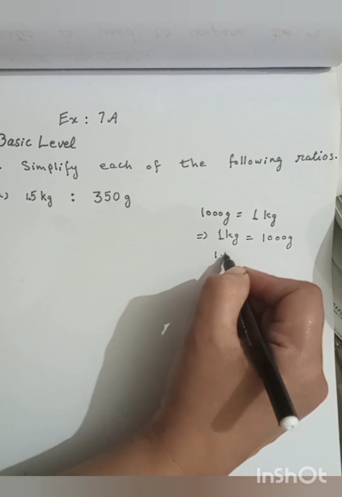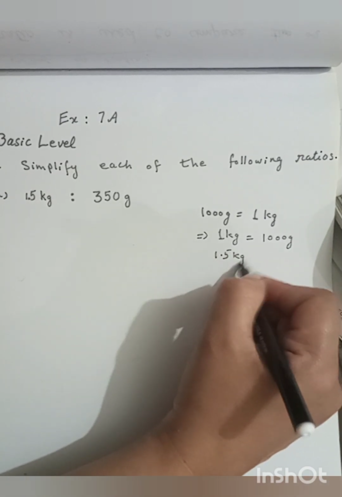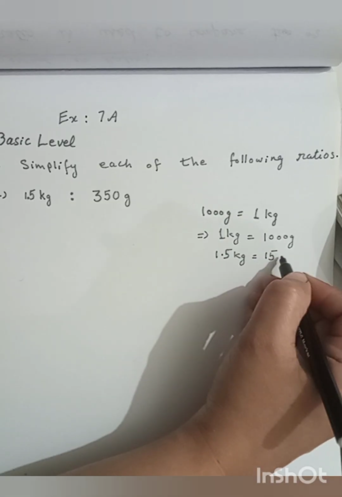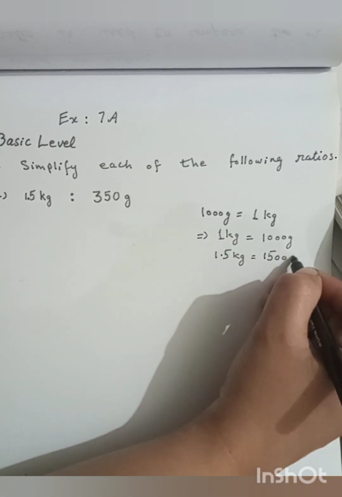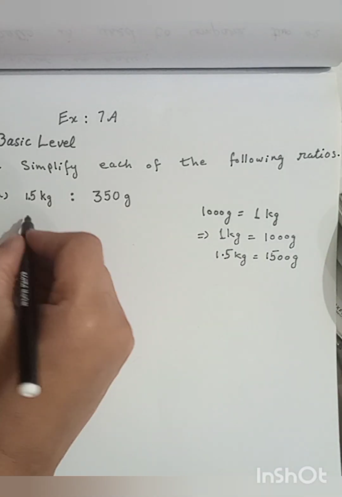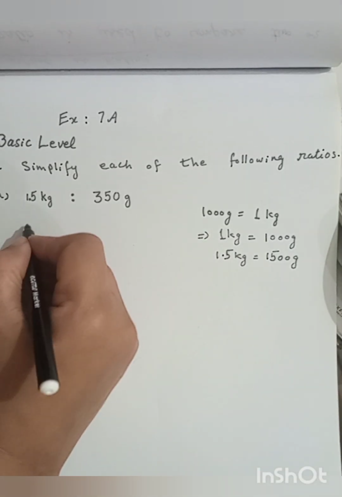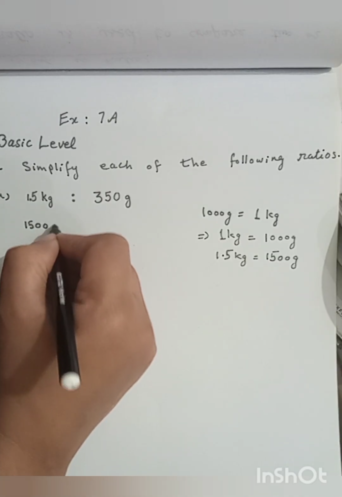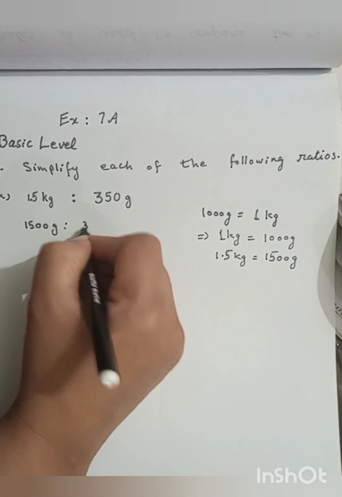So 1.5 kilogram will be equal to 1500 grams. Now by placing the values here, by converting into the same units, we will get